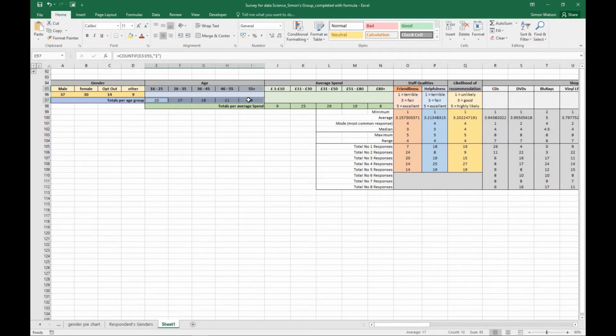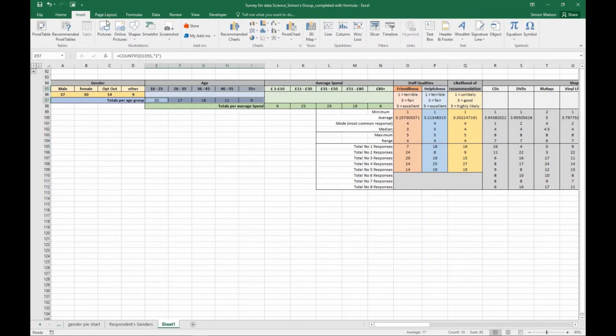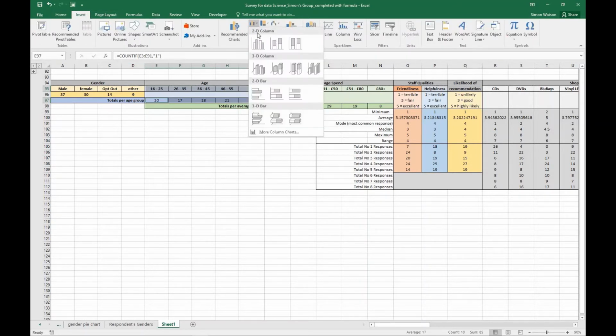The control key, by holding that, you've told the computer I want to select the first set and the second set, but nothing in between. Okay, so that was the control key that allowed that to happen. Select the first set of cells, hold in the control key, select the second set of cells, then release the control key. If I now go up to Insert and a column chart, and I'll just pick the same one again, the first one,